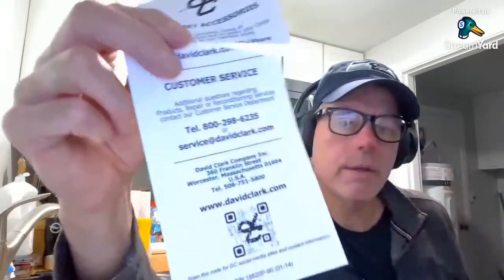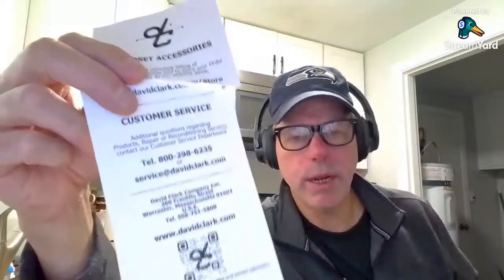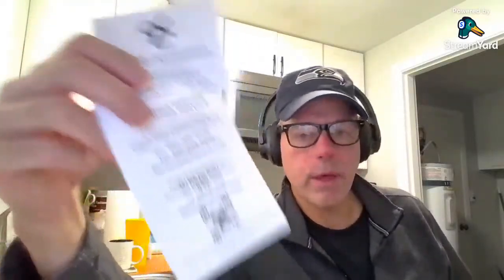Customer service. Additional questions regarding products, repair, reconditioning services, contact our customer service department. So I thought it was good that they put this in there, which Aircraft Spruce doesn't. They put nothing in the box with the headset that had the David Clark information in it. There was nothing in the Aircraft Spruce order that said, hey, if you got a problem or anything, here's how